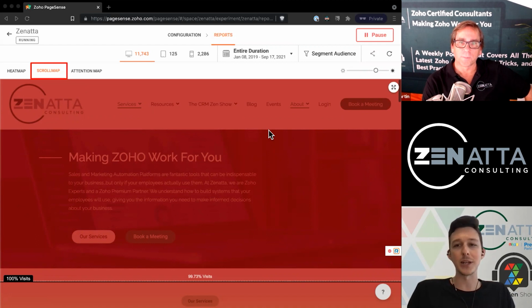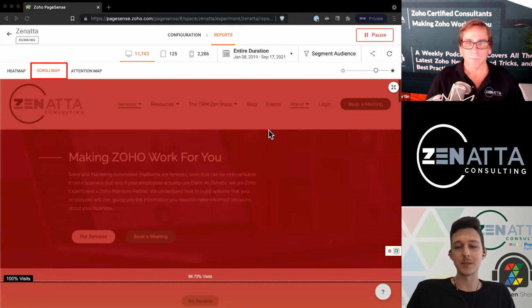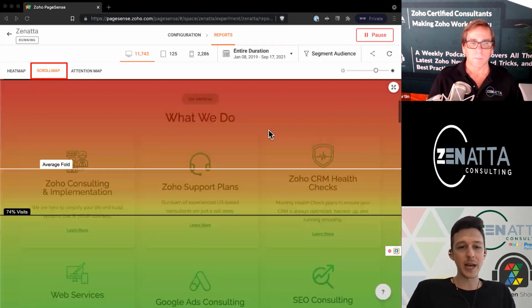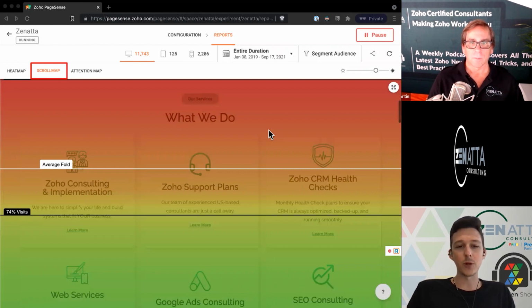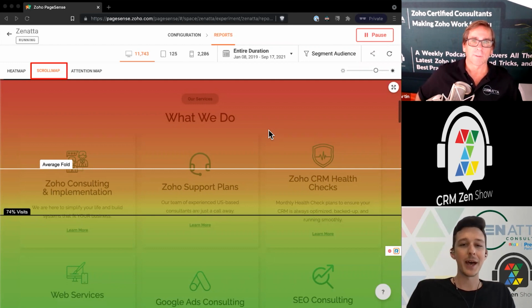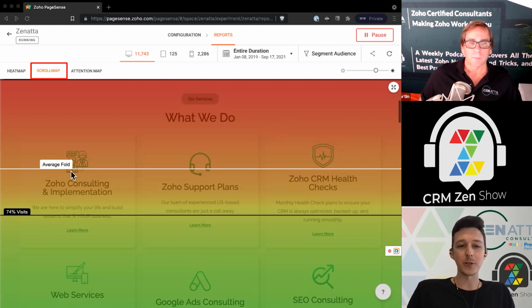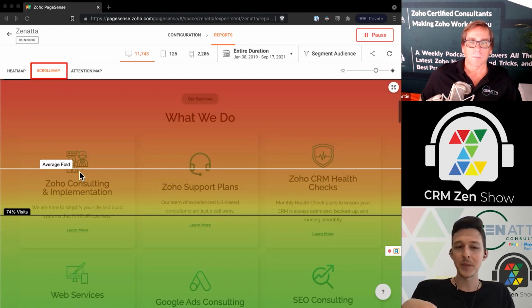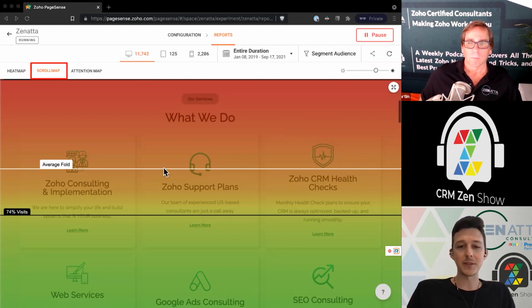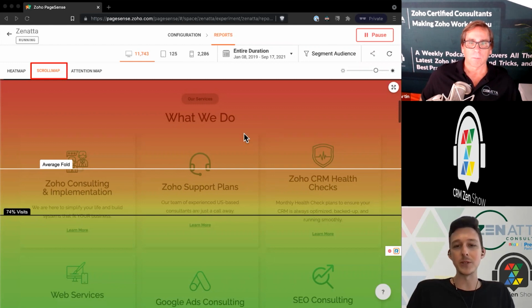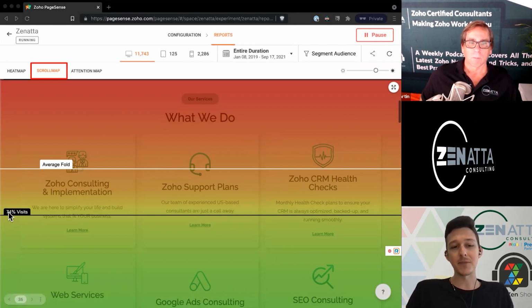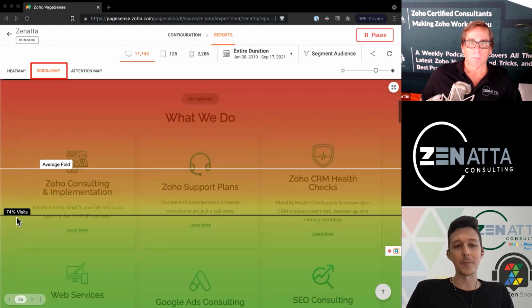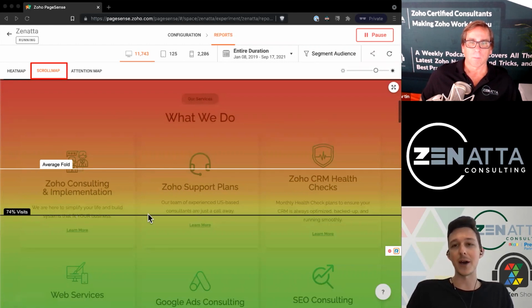And there's no way to load into this page without going past this part. But as we go down, we'll see things start to kind of roll over and become less seen based on that scroll. It'll also highlight things like the average fold, meaning the average part where you'd have to scroll to start seeing things. So I might look at this and realize some of these what we do buttons down here are actually call to actions, and 74% of people might not even make it this far down to be able